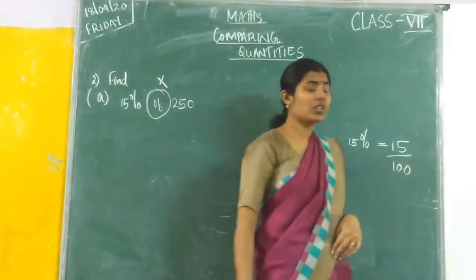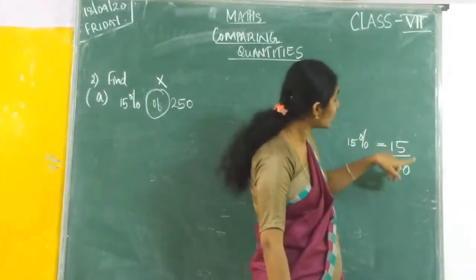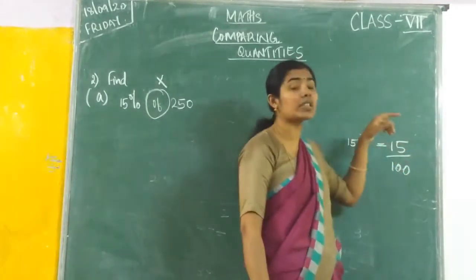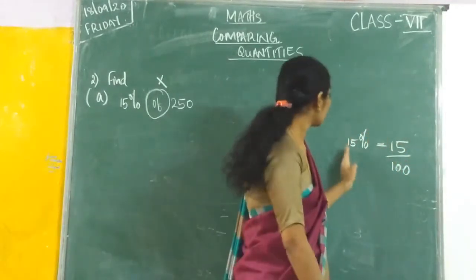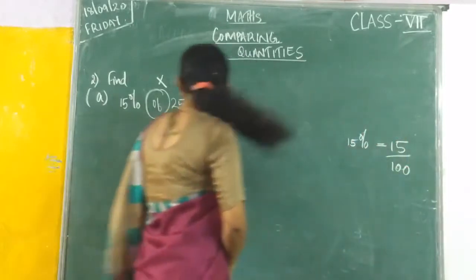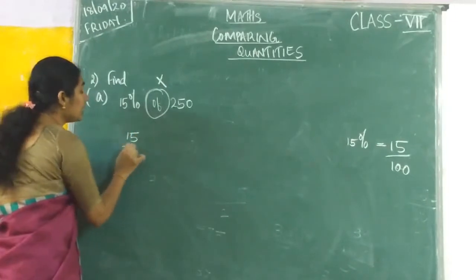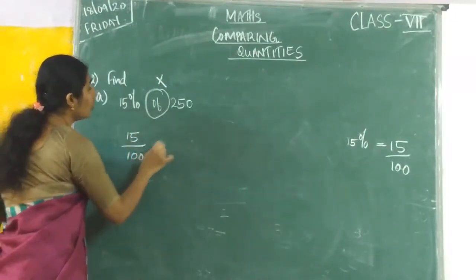That is a fraction. What is a percentage? Percentage means a fraction. Its denominator is 100, numerator is the percentage. So 15%, how can you write? 15 by 100. So instead of writing 15%, what should you write? 15 by 100 of